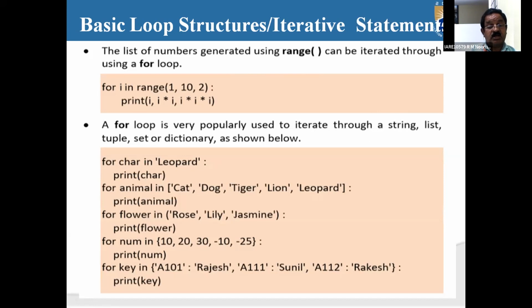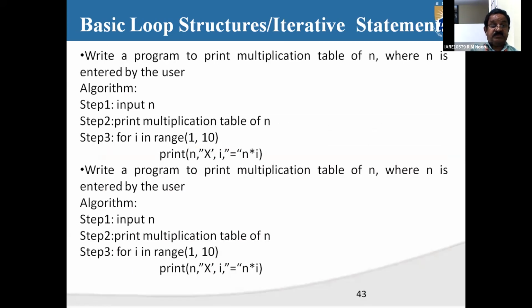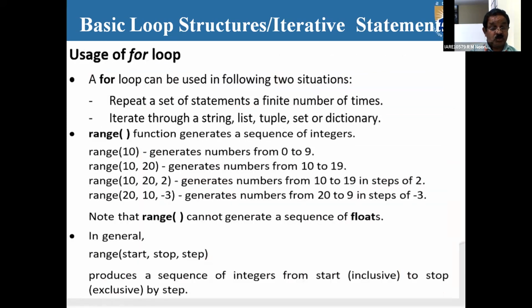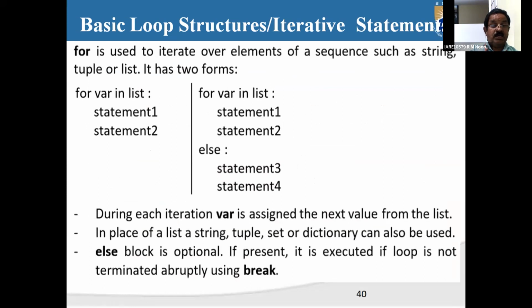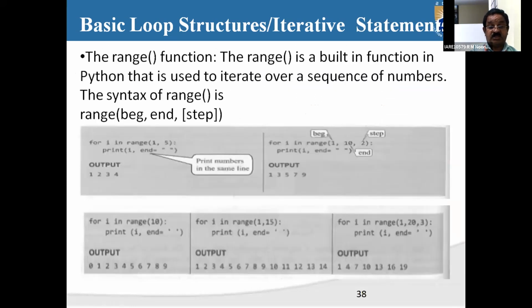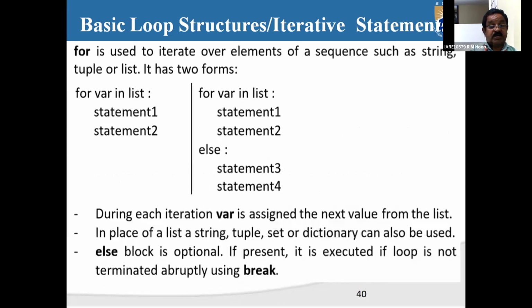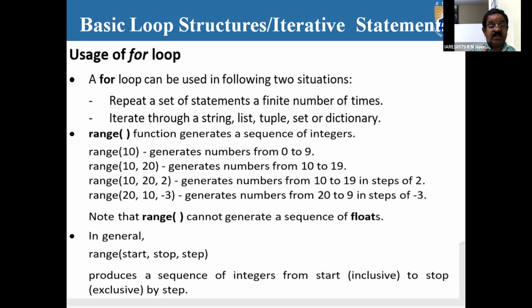All the things that you can make use of, and you can check that one. Right? That's regarding the usage of for loop and the general syntax of for loop, where you are going to use that particular for loop, and the examples that you have taken, and what are the different types of looping statements, and when to select which type of looping statements, and so on and so forth. Right? Any doubts or any clarification till now?